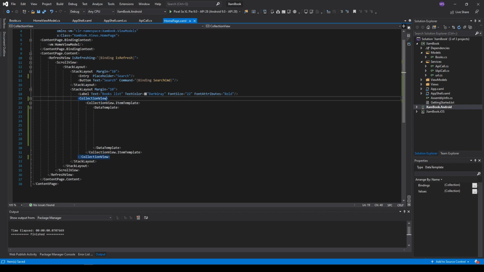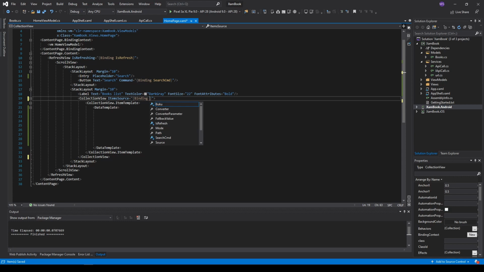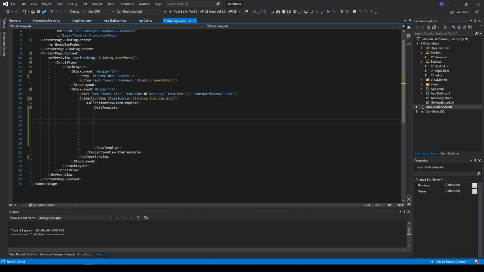Then on the collection view, let's put ItemsSource binding buku dot result, because the buku was not an observable collection or IList or anything related to a list. Result with the S, and then on the data template I'm going to paste my